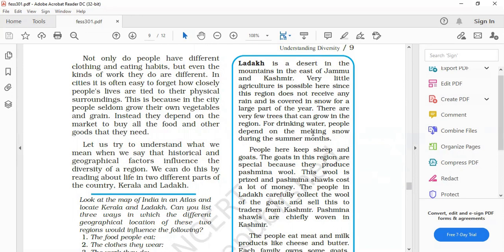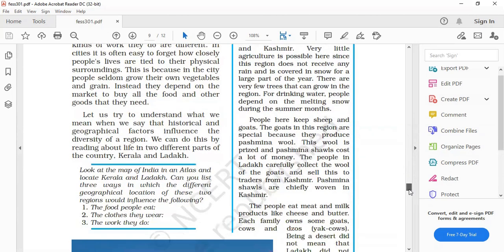So the first paragraph is a question: why Ladakh is not good for agriculture. The second paragraph is why pashmina shawls are expensive. And next, here,